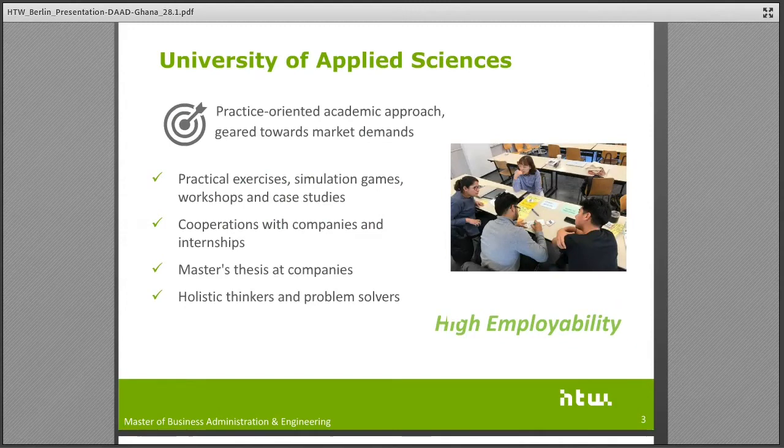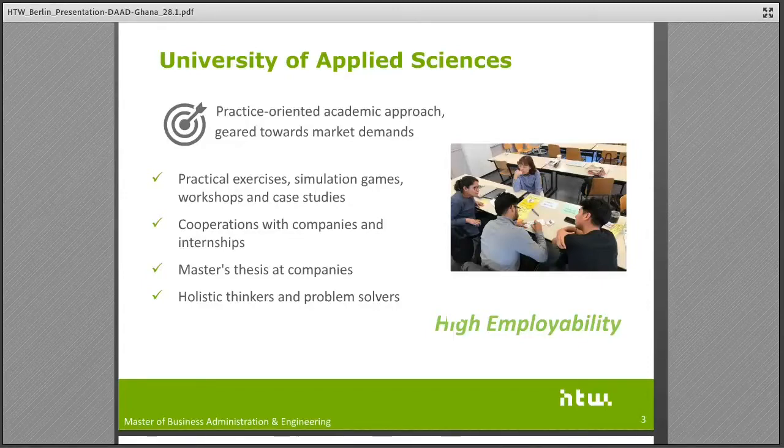Talking about universities of applied sciences, I would like to quickly explain their main characteristics. The programs are extremely practice-oriented with an academic approach geared towards market demands.